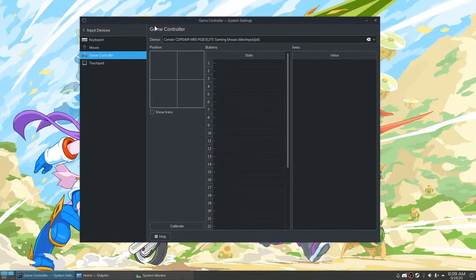What's the benefit of using KDE Neon compared to Manjaro? It's just preference. What do you think of Unity Desktop on Ubuntu 16.04? I actually liked Unity a lot. Garth, you use KDE's wallet on XFCE? It's kind of interesting. I'm glad it's cool that it's portable, that you can do that.